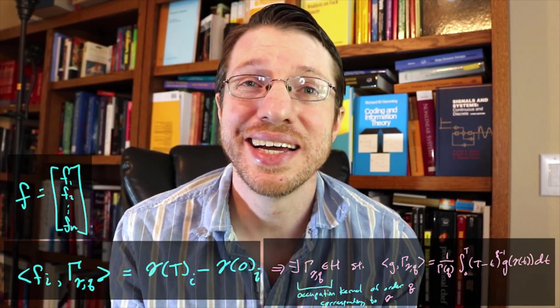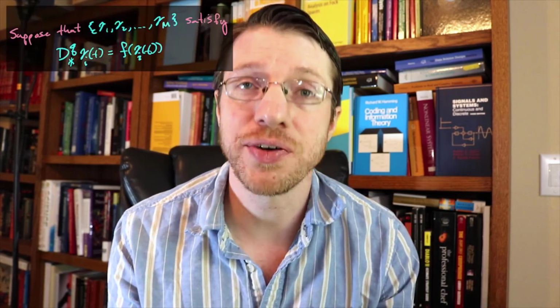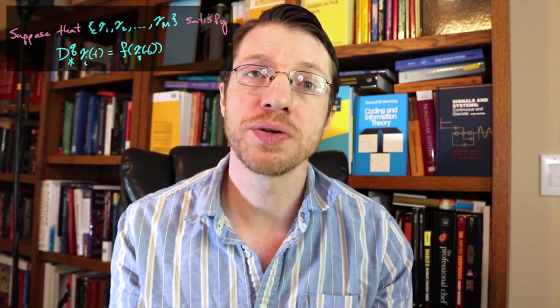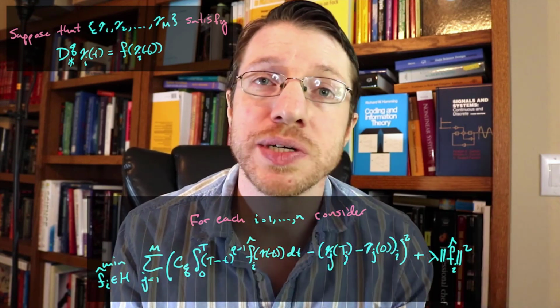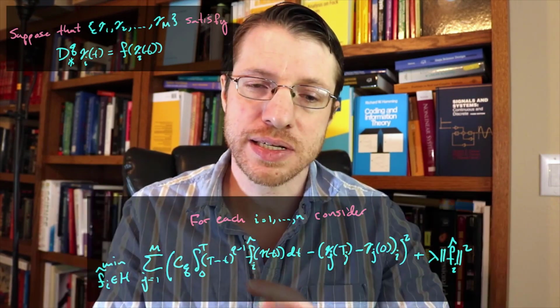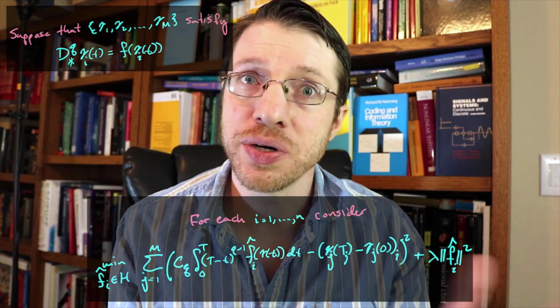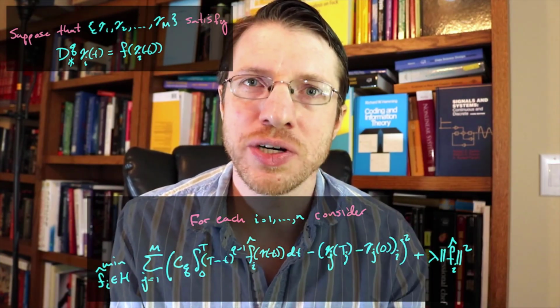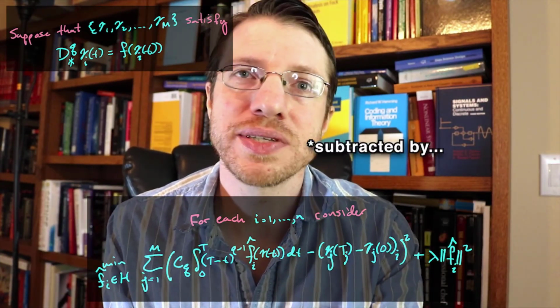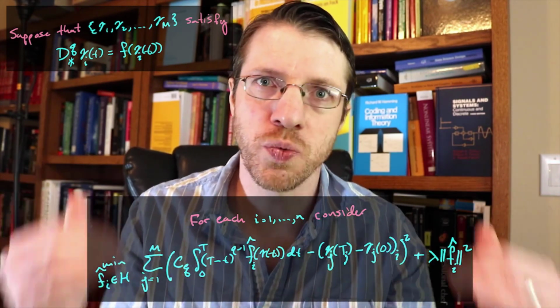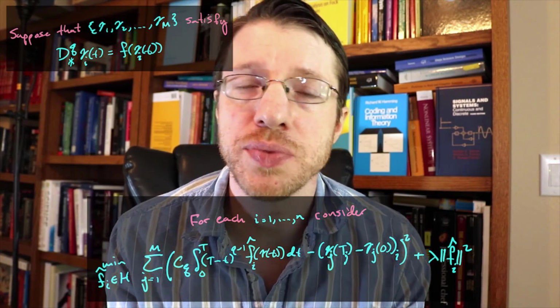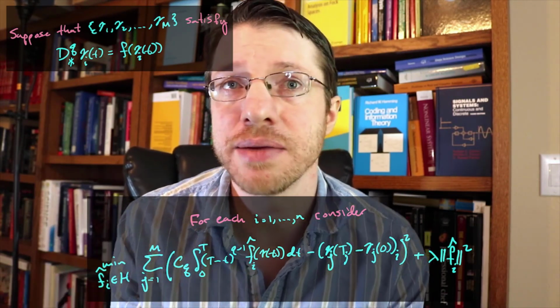Now, what's interesting is that if we want to approximate the dynamical system and we have a collection of trajectories that satisfy the dynamical system, we can pose this as a regularized regression problem where we take the sum from i going from 1 up to m, where m is the number of trajectories we have, of this quantity squared, where the fractional integral of f along one of our trajectories is equal to the difference of the endpoints of our particular trajectory. Now, if this is an n-dimensional problem, we'll just do this approximation one dimension at a time. And then we regularize the problem just by adding lambda times the norm of f squared.